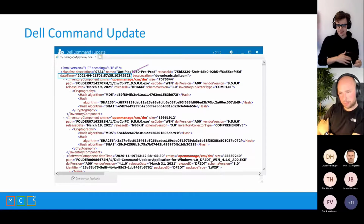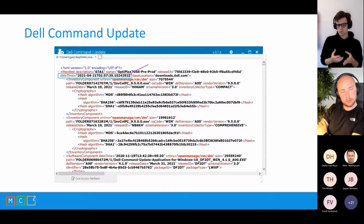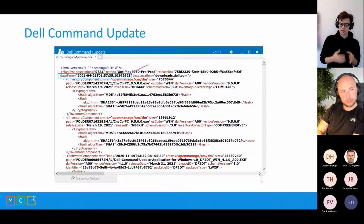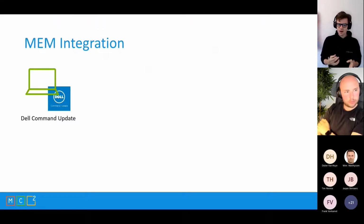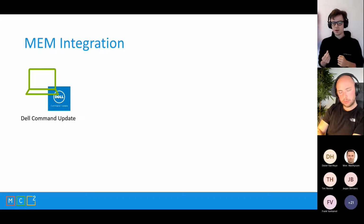So this is easy, this is doable to configure. It's not that easy as with HP, where we have the PowerShell module. Here, there is no PowerShell module, it is through the XML file. How would this look if we want to integrate this into Microsoft Endpoint Manager, if we want to automate